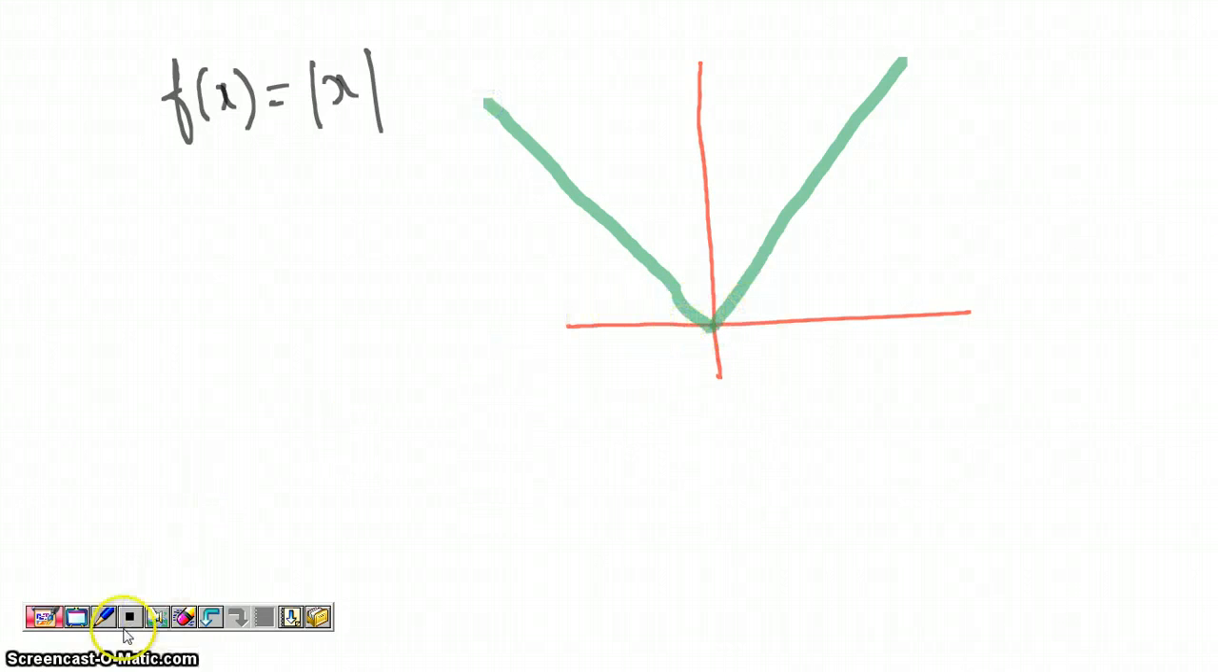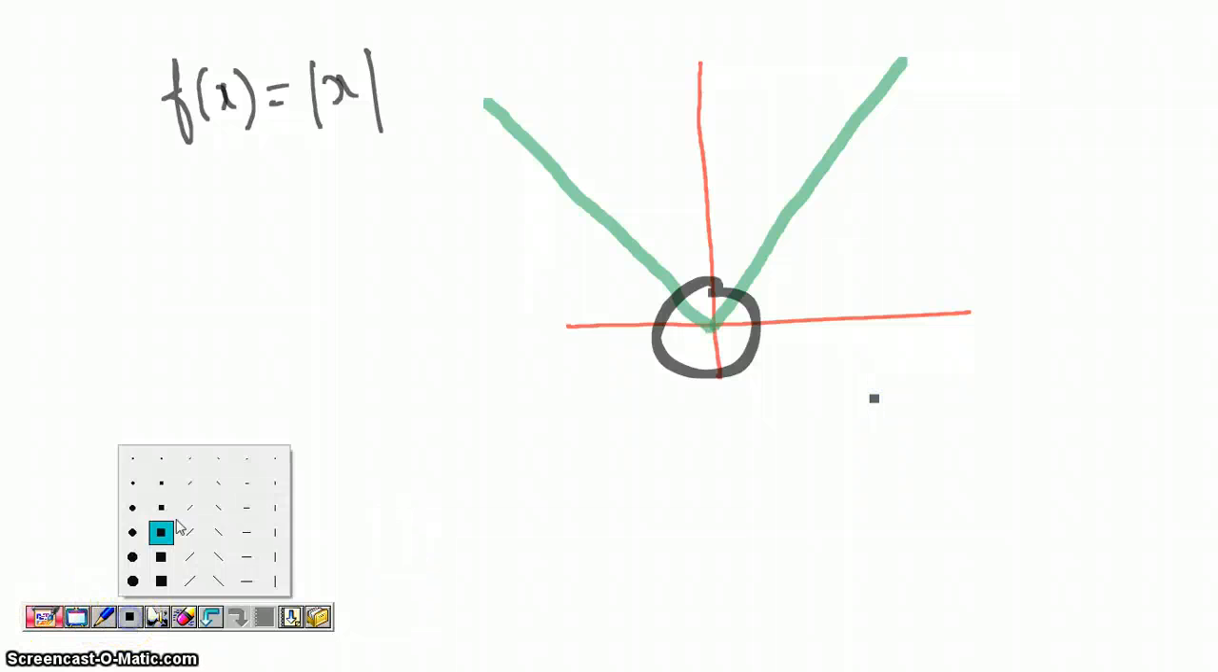As you can see, at 0 there's a problem. Do you see a problem at 0? The graph is of course continuous. There's no discontinuity anywhere. For example, if you had considered a graph like this,